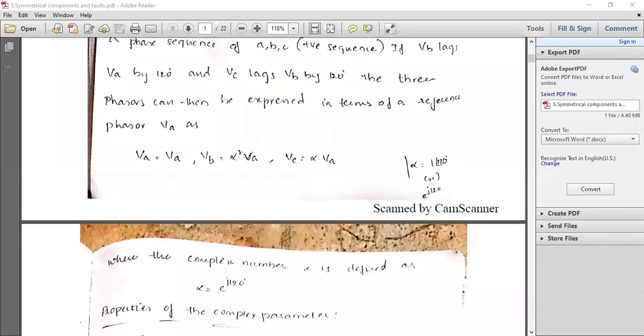See, this class is only for group 1 PSA. Subject name is PSA, Power System Analysis. If any group 2 member is admitted in this particular group, please leave this session. Please make a phone call to Madhusudan Garu and inquire about the link also. So I think no one is there, right? Okay, let's continue.